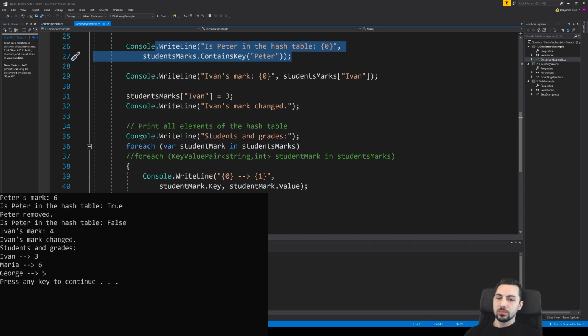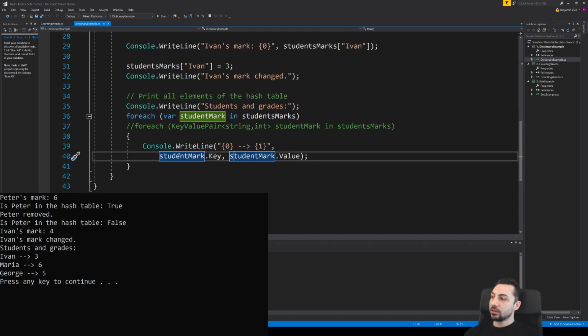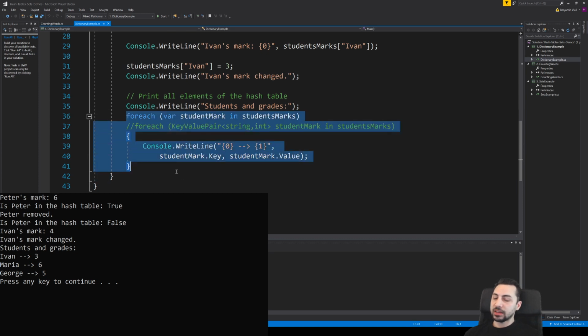However, here's the interesting piece. This is how we iterate over a dictionary. And I said last class, when you iterate over something, when you enumerate, it actually returns a key value pair.